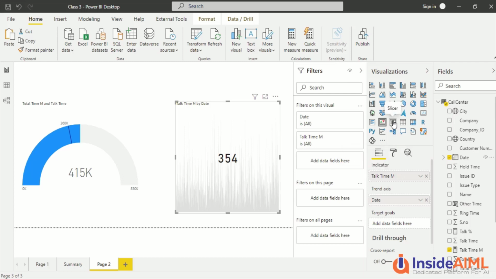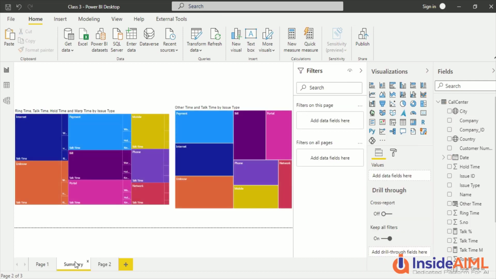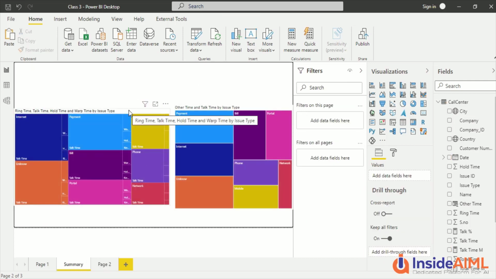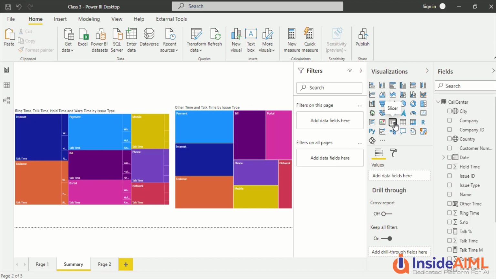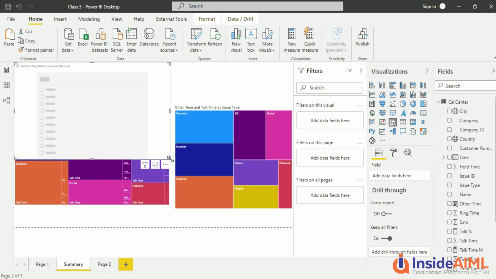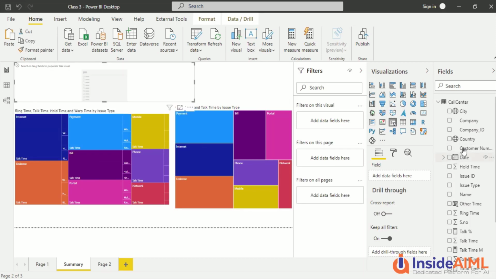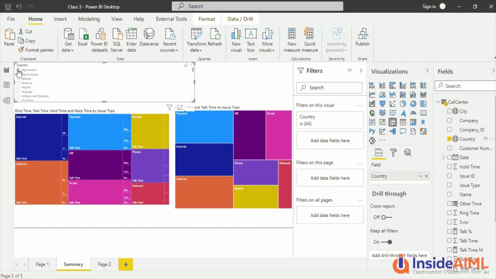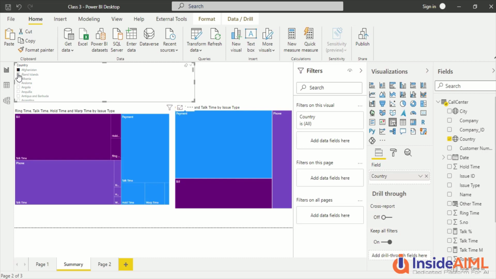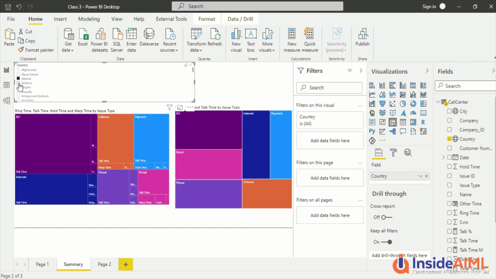Now this is the slicer. Okay, now to understand the slicer, let's go back on one of our pages, and let's click here on the empty space. If you don't click on empty space, if you click on some visual, it's going to change it. So please remember that. So what we are going to do is we are going to click on the empty space. We click on the slicer, and the slicer has so many properties. We might not be able to explore them in this first video out here, but let's say if I want to slice the countries.